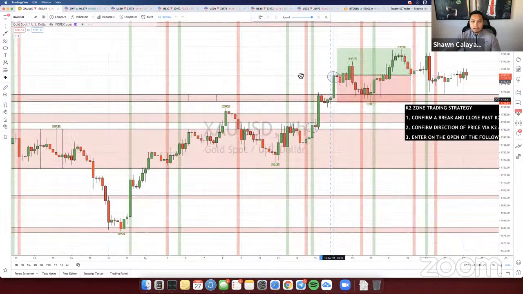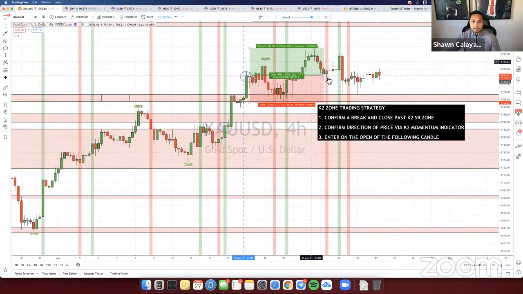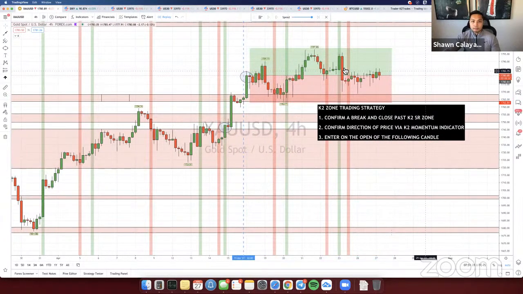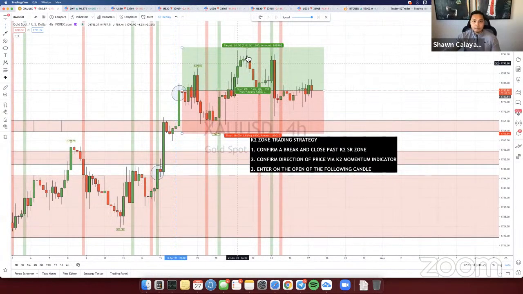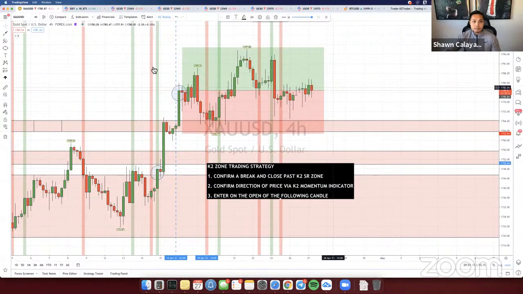If you let that run, did it hit TP yet? Still technically running. I think some of you guys use a tighter TP, but if you still have it running, it's still technically active right now. I think a lot of you guys closed when it came up here because we were using the DXY confluence to see how it was moving.